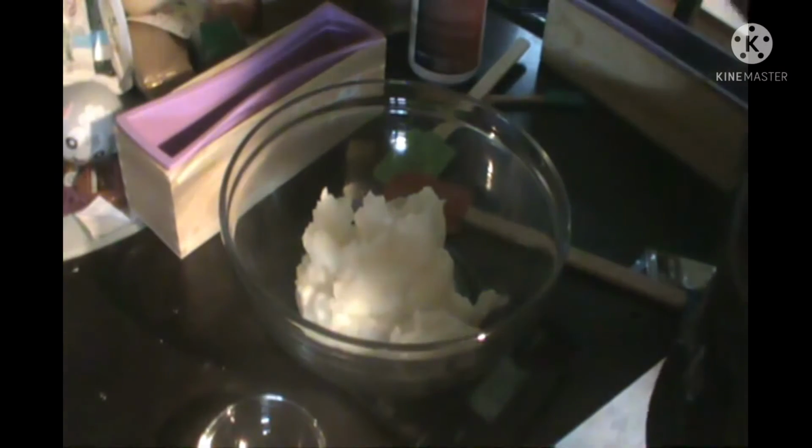I don't really need to make soap today. We have plenty of soap on our shelf, but I'm getting overrun with goat milk in the freezer, so